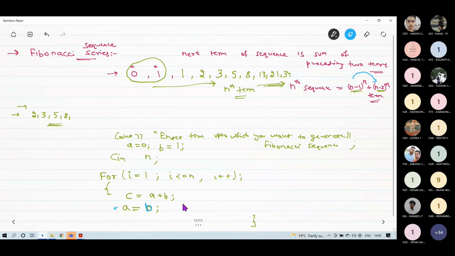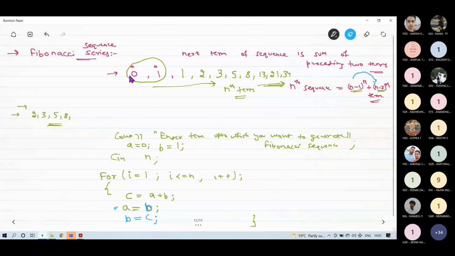And suppose I write b is equal to c, then what will happen? This third term will be stored into the second variable. The second variable is now stored in the first variable. This third variable is stored into the second variable. So basically what I am doing is shifting my n minus 2.